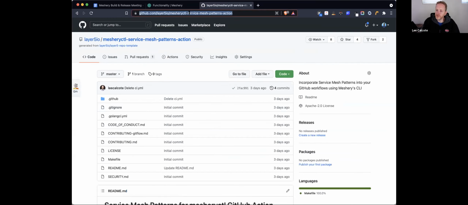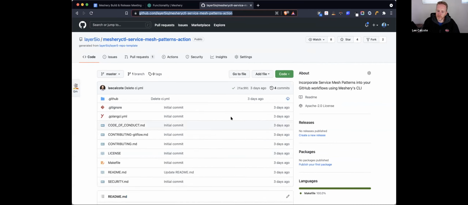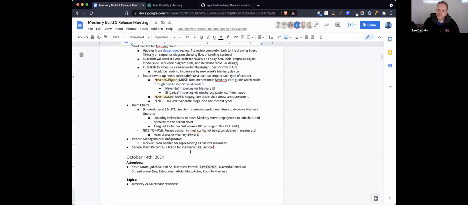It's probably healthy to just restate that the goal is to allow people to pipeline or automate use of Meshery CTL and all of its subcommands.